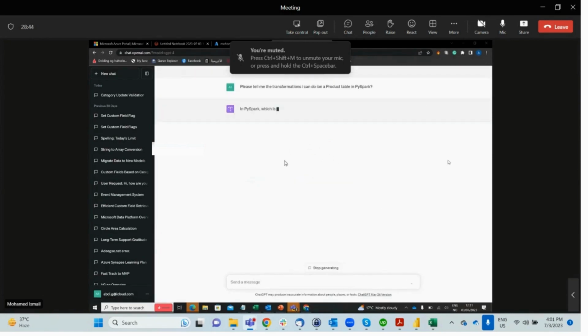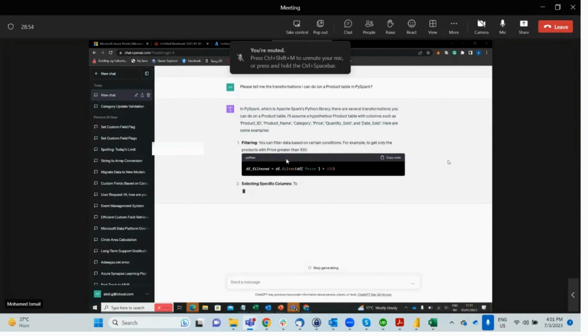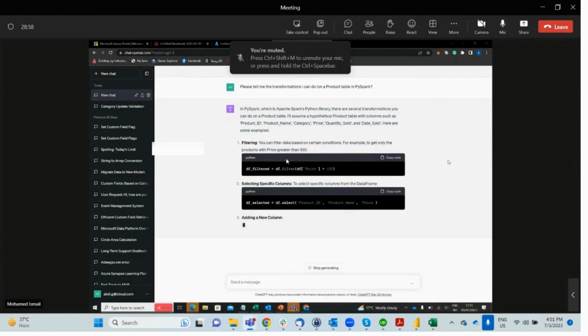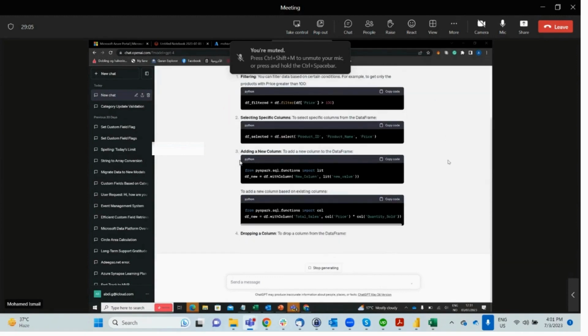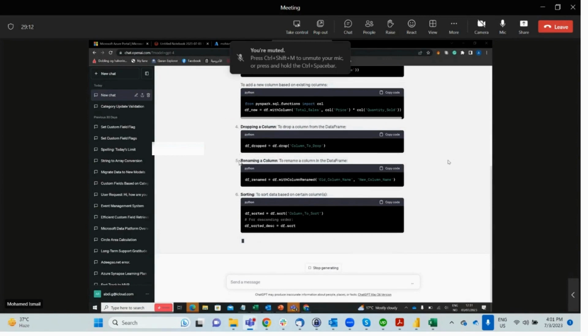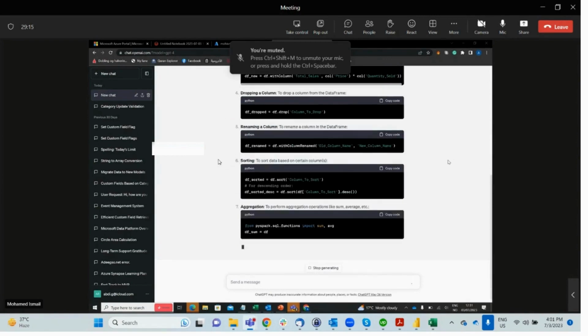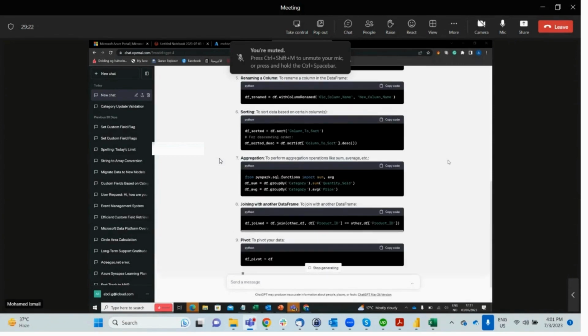Now, because it just has this information, it will tell you that you can filter on a column, or you can select specific columns. You can add a new column based on an existing column, and you can drop some columns. You can sort data, rename it, and do all sorts of things. You can do these aggregations. Aggregations are like calculations, like summing up data and calculating averages. Now, because this is more of a generic answer,